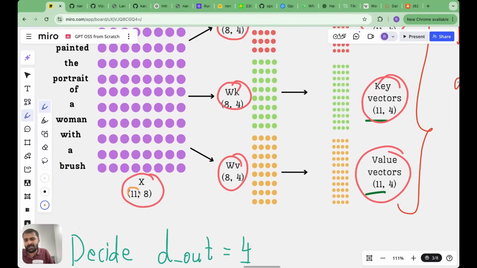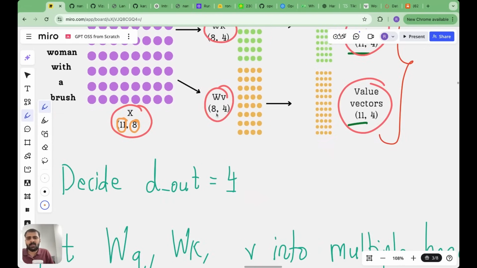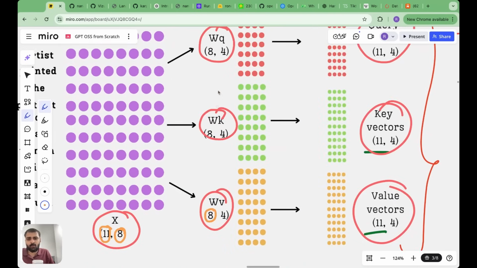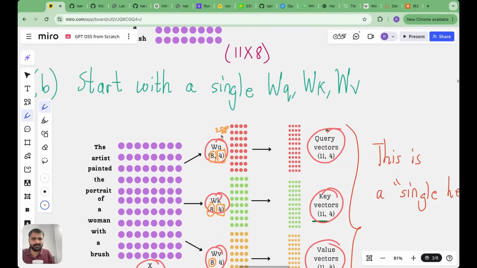So for example, this 11 is fixed by the context window, how many tokens can come at one time. This 8 is fixed by the embedding dimension of the model. In our case, it's 2880. So when you want to do a matrix multiplication, it also fixes the number of rows of these matrices. But the number of columns are a bit variable. Usually models keep the number of columns dimension the same. So you can assume this to be equal to 2880 in the case of GPT-OSS,